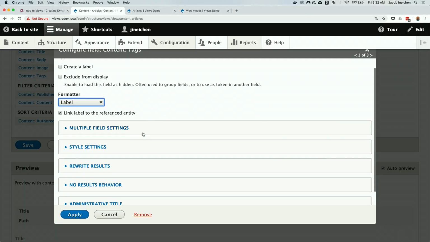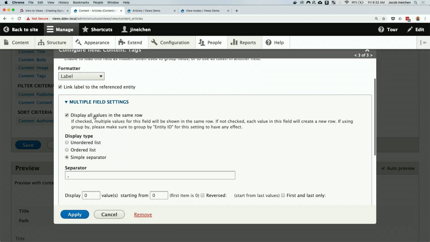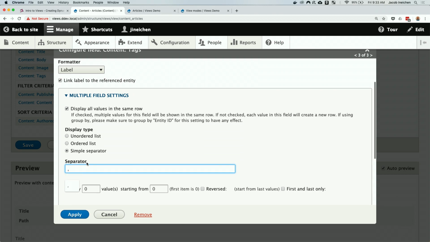Here we go. This one also has this multiple field settings, and that's because you can add multiple tags to an article. And so you need to tell the view what to do with those multiple tags. By default, it has display them all in the same row, so we can uncheck this and have an article with 3 tags show up 3 times, each one with a different tag. But by default, it combines them together, and then it asks us what to do. So we can have just a list of the tags, or we can separate them with a separator. And so this is just a comma and a space. So when I click apply